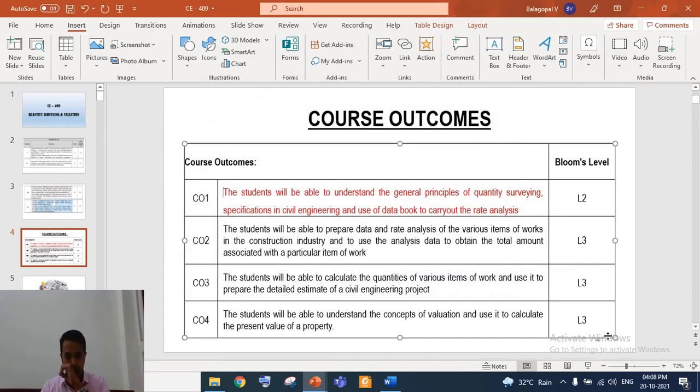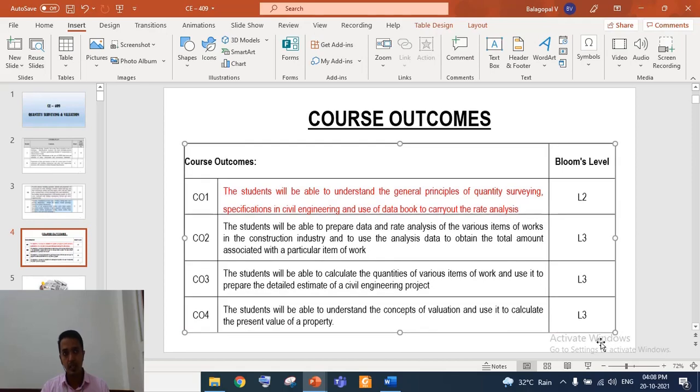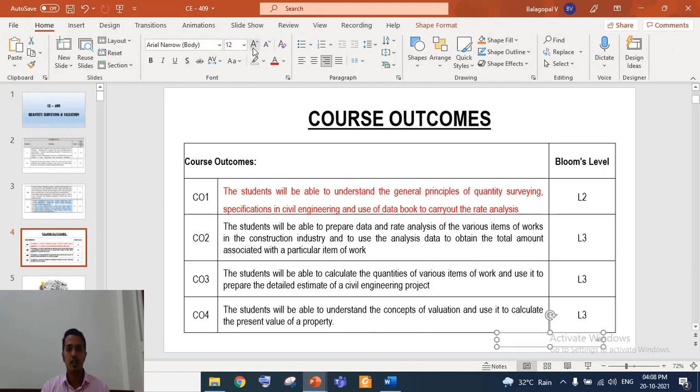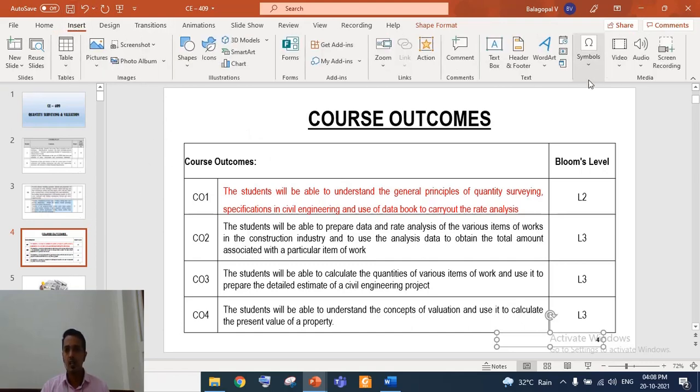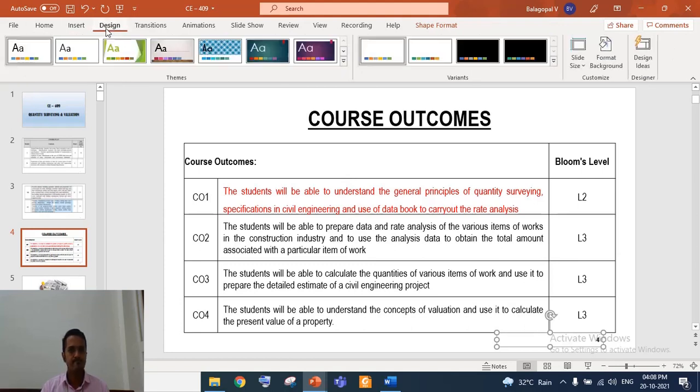Okay, so here it is shown towards the bottom right corner. You can see the slide number. Okay, and also it is possible to change the dimensions of the slide number. You can give a black color and you can make it bold like that. It's possible to change the dimensions of the slide number. Okay, next.